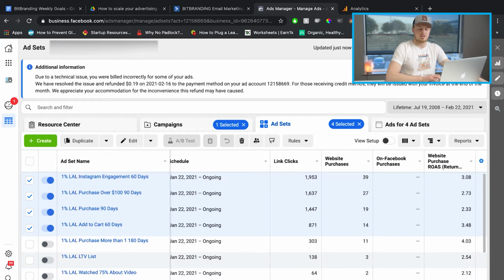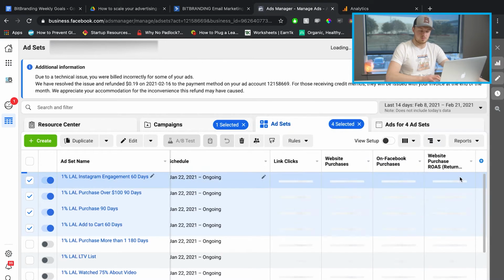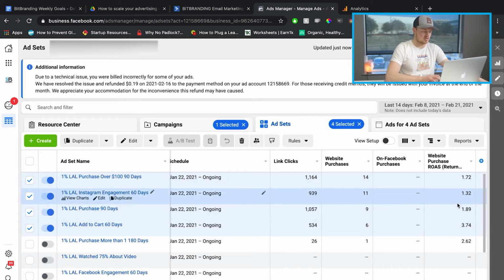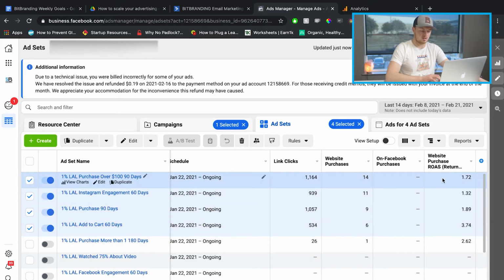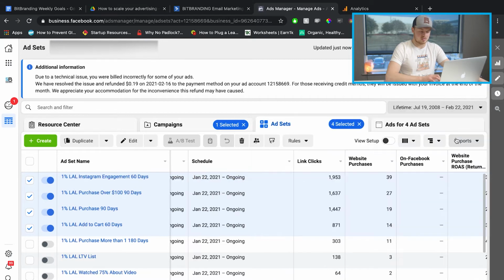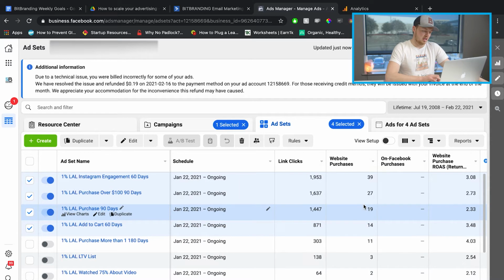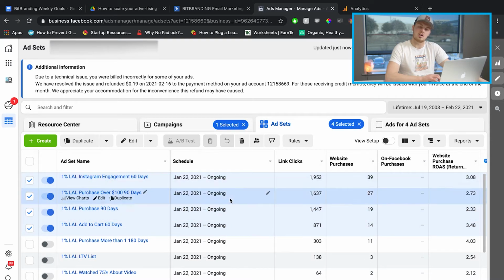It's probably dropped since then, but let's just look at the last 14 days. ROAS is still doing decent here. Not crazy good, but one thing to look at is, okay, are we moving in the right direction? Do we need to scale certain ones? And this campaign used to be at like $50 or $60 a day. Now it's at 123.